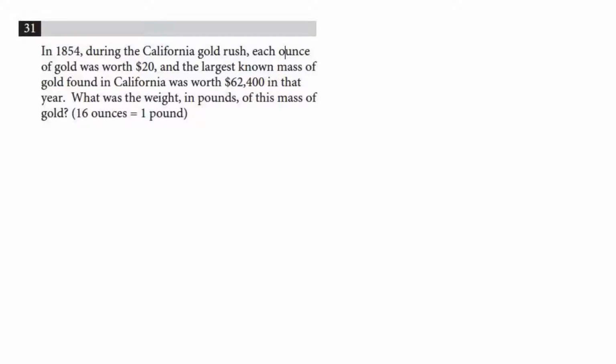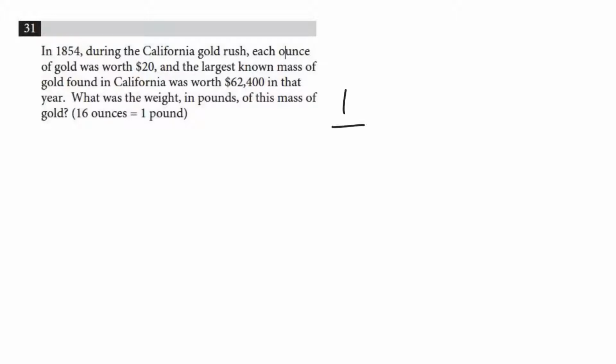Number 31. In 1854, during the California Gold Rush, each ounce of gold was worth $20, and the largest known mass of gold found in California was worth $62,400 in that year. What was the weight in pounds of this mass of gold? Okay, well, we know that each ounce was worth $20,